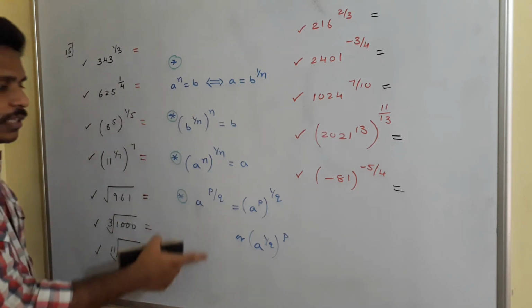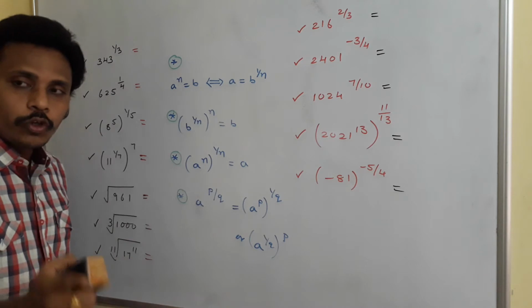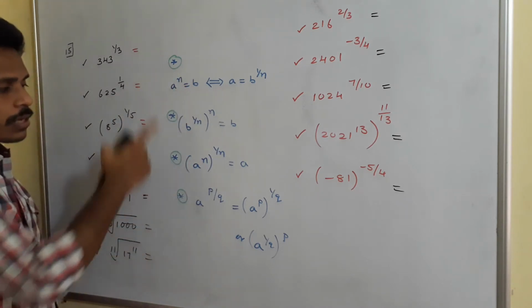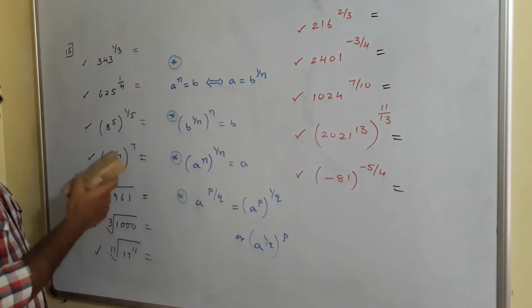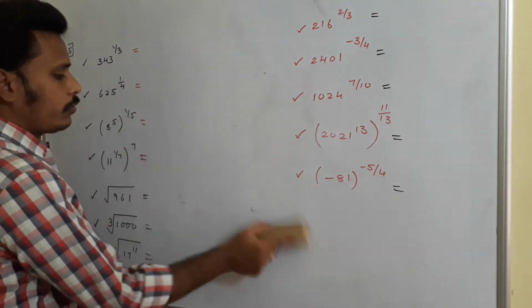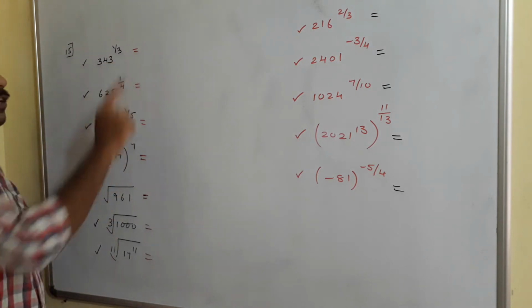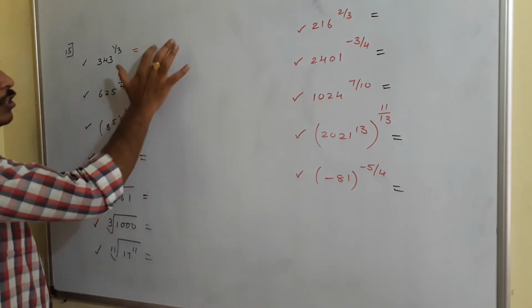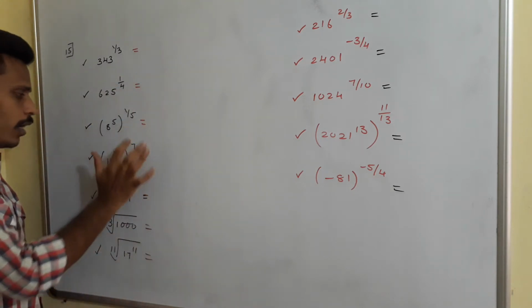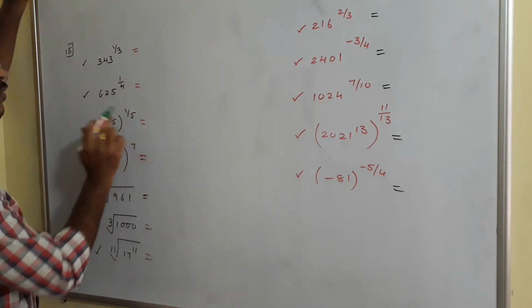And see, I am erasing this. I think you have this list with you. If you don't, once again copy this, observe this, and use these to answer all these questions. Okay? I am erasing. And now, first of all, you just think about this: 343 power 1 by 3. This is 625 power 1 by 5. You just leave these two for some time and look at the third and fourth ones. What is this? 8 power 5 to the power 1 by 5.